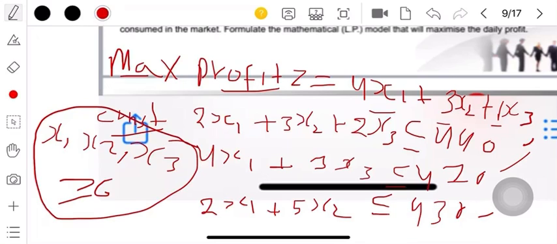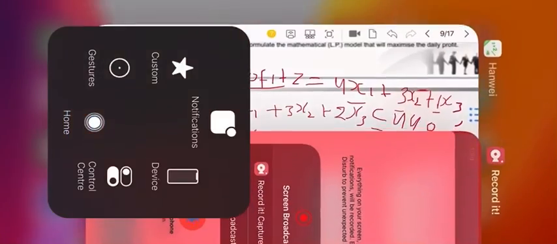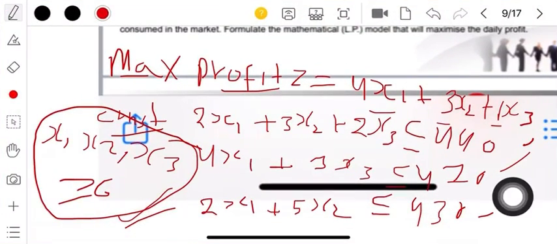Now you can see we have 3 variables, so it is not possible to solve it using the graphical method. We can apply an analytical method, the simplex method, which I will discuss later on. So this was about the graphical method, and I think you can solve it very easily now. The most important part of an optimization problem is the problem formulation. Once you have formulated the problem, you can apply any of the methods. We also have many computational techniques which can be used to solve optimization problems. So this was my lecture for today.